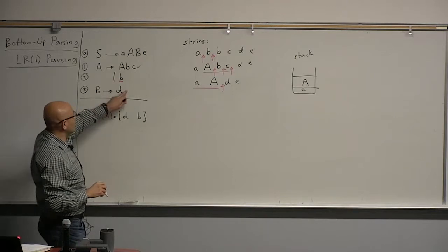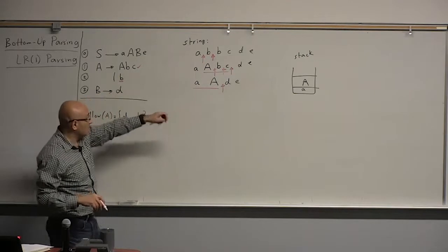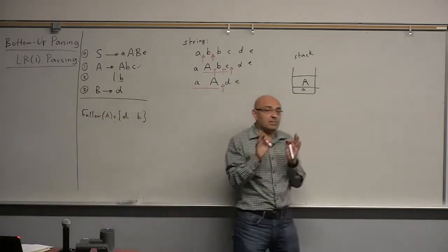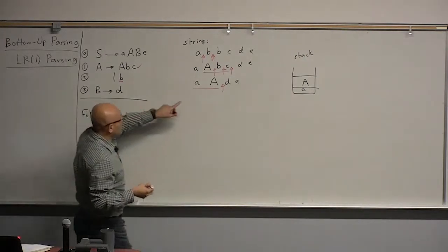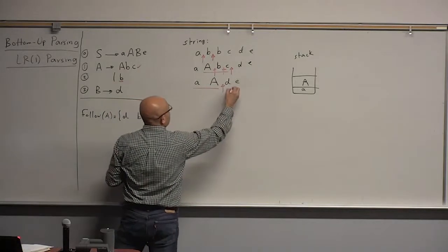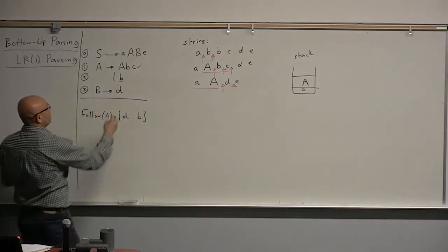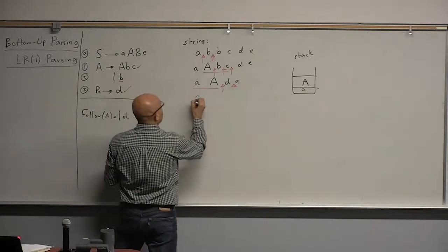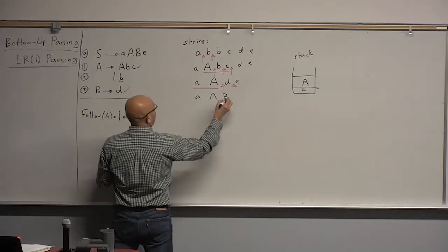Now, we don't have anything that ends with A, which means that we cannot reduce A to something else, the big A. Because you can make multiple reductions. Reduction is not that you only make one reduction; you can make a sequence of reductions. Now, given this, I have to shift. So I shift. Now I have a D. Do I have a rule that ends with a D? Yes, I do. Obviously this. So now I can reduce. So I do A, B,